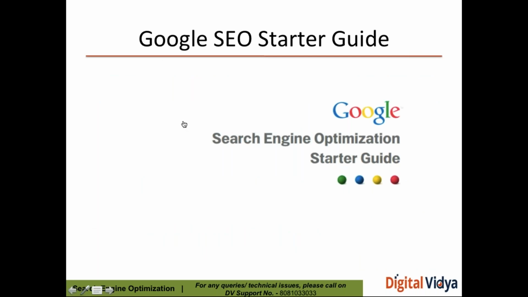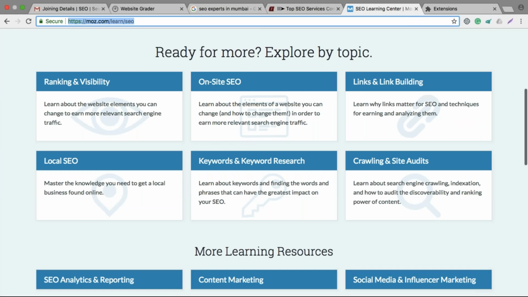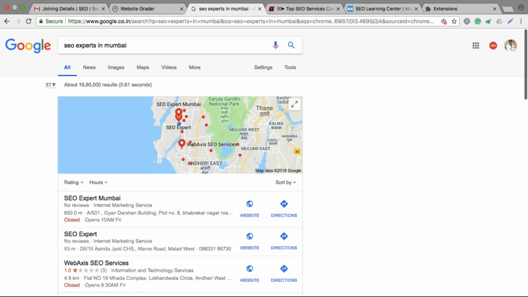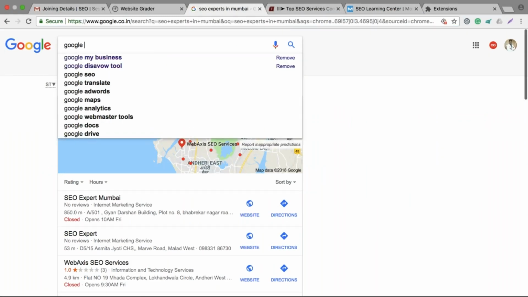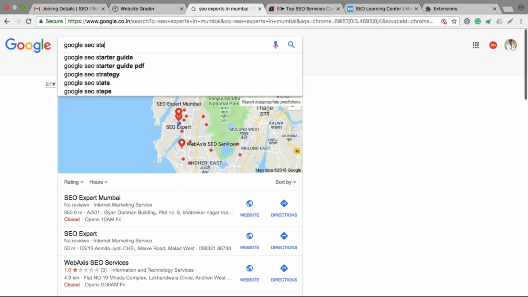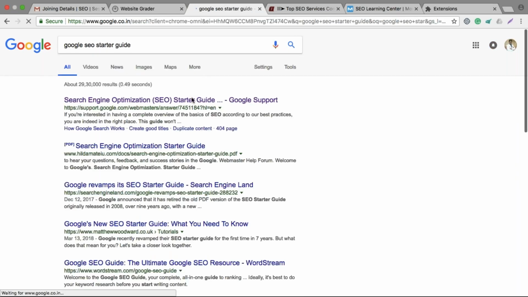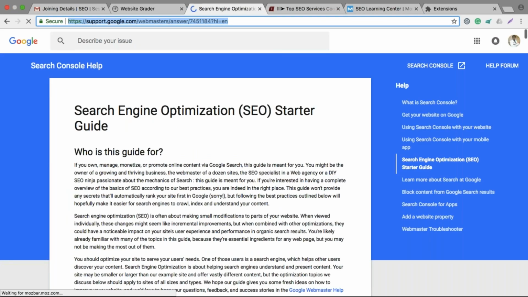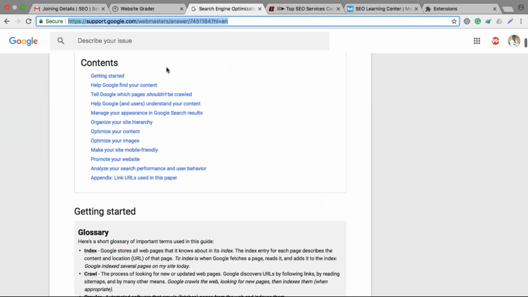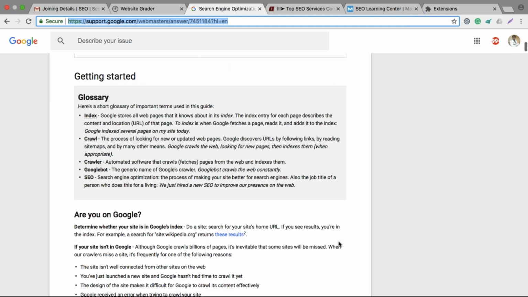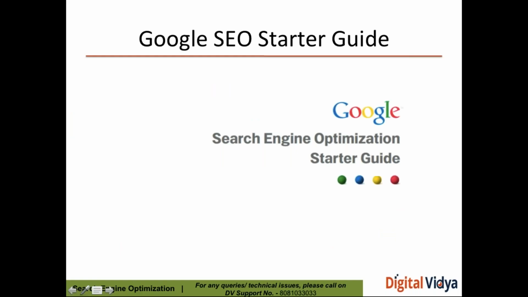Then there is Google's SEO Starter Guide by Google. Google also shares some guidelines. So you can also follow these, which cover optimizing images, content, on-page, the mobile website, and how to get more crawled pages and more indexed pages, everything we have learned.